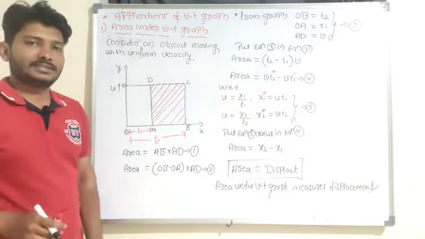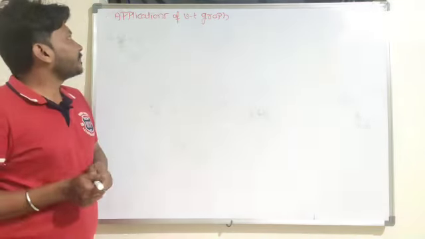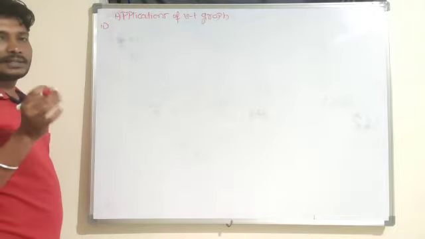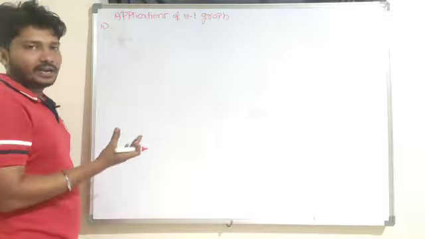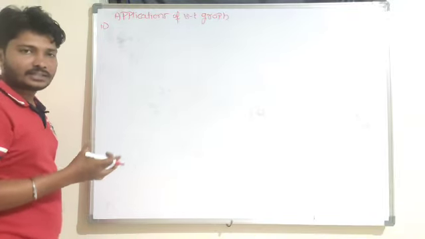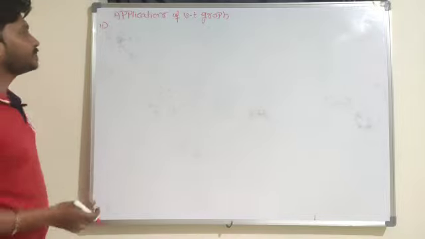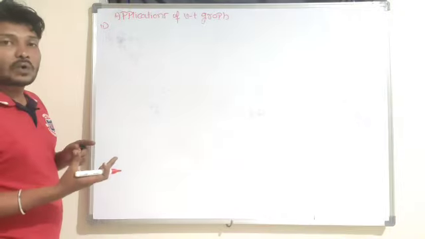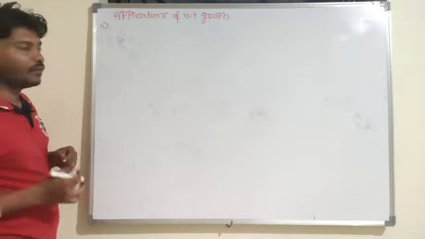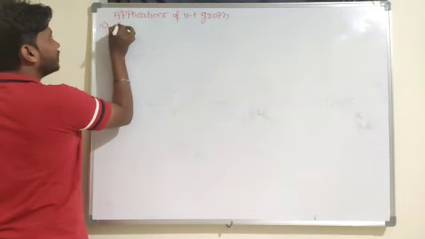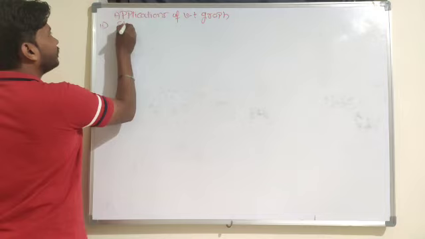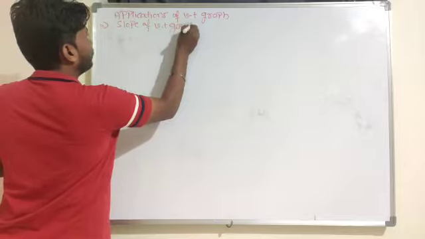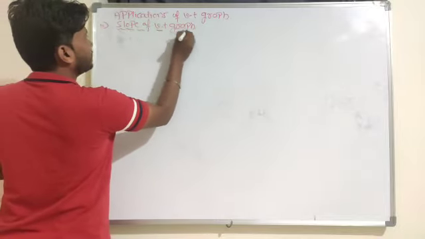Hope you understand these things. Next we'll look at the next application related to the velocity time graph, that is the slope of the velocity time graph. So we got that the area under the velocity time graph represents displacement. Now in the case of the velocity time graph, I will find the slope here. That slope represents which physical quantity I need to find out. For that purpose, I will find the slope of the velocity time graph.